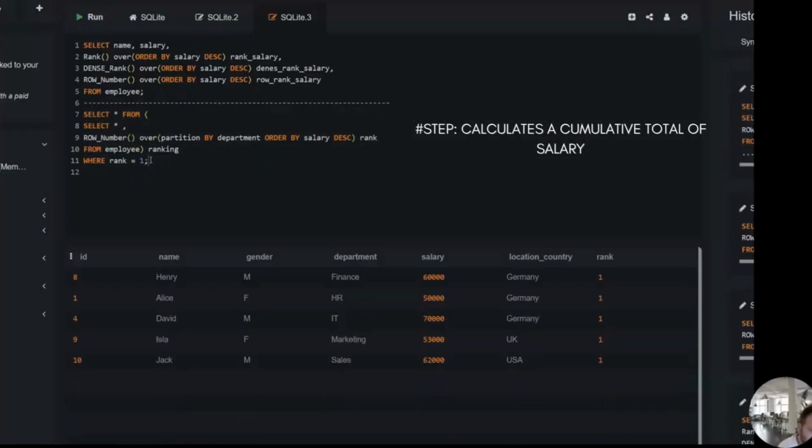as you can see, we end up with Finance first, Henry, first person in HR, Alicia, IT, David. They are the highest paid in each and every department. And this way, you can see how window functions can help you save a lot of time, and with a few quick steps, you can reach specific and unique answers for tricky questions